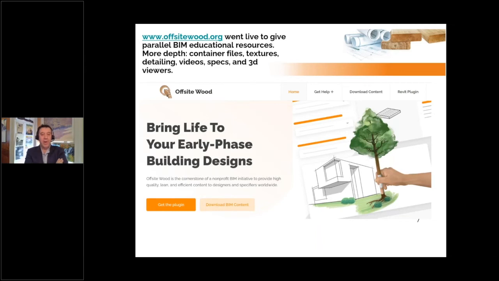And we know from our beta testers and from working with architects that the architects are using a patchwork quilt of resources, and even the BIM tools themselves are more than just a family. So the offsitewood.org is meant to give you a lot of supplemental detailing, container files, template files, textures, even videos on how to do things, specifications, and even a really novel 3D viewer that lets you look in an HTML browser at all the details of some of the new innovative assemblies that we're seeing coming out of